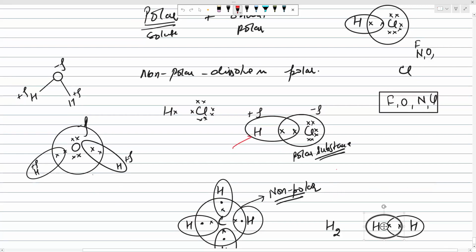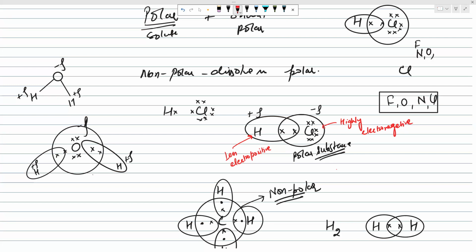This is less electropositive, electropositive, and this one is highly electronegative, highly electronegative, okay. So when they are just going to make the bond, like fluorine, oxygen, nitrogen, chlorine, okay, they are going